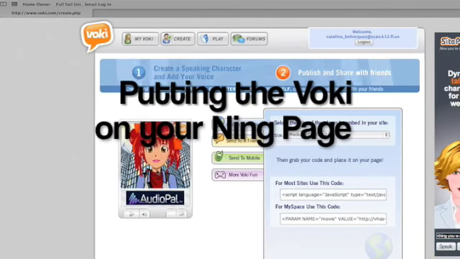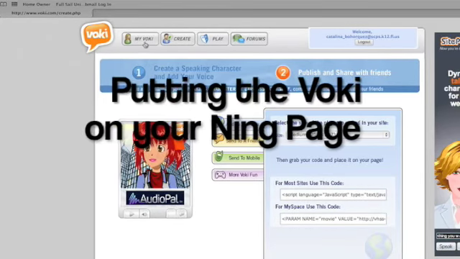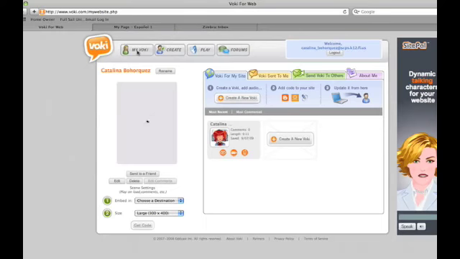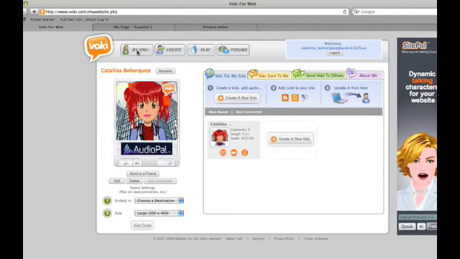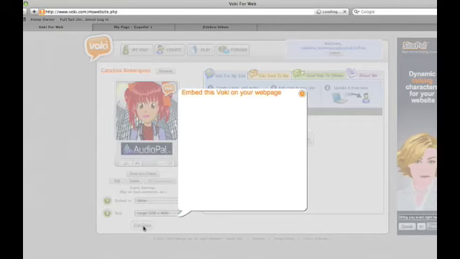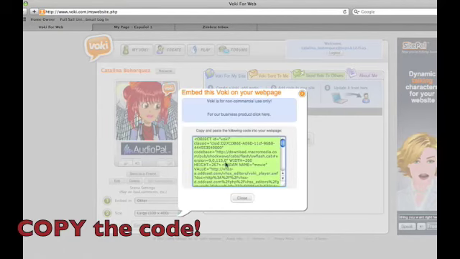In order to put it into your Ning, what you want to do is go on My Voki. And once your Voki loads, you want to go to this area here that says Embed In, and you want to click on Other. Be sure to click the correct Other. There's Other and Other JavaScript. You want to click on Other simply, and you're going to go ahead and get the code. You're going to copy,